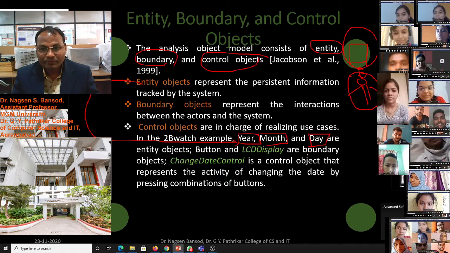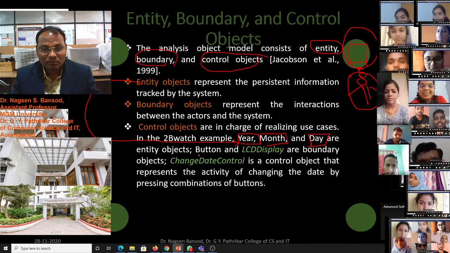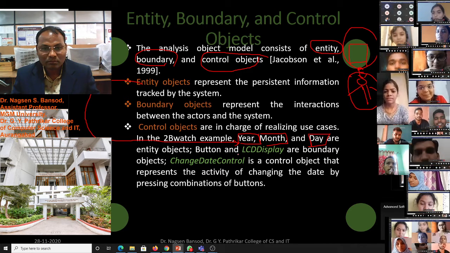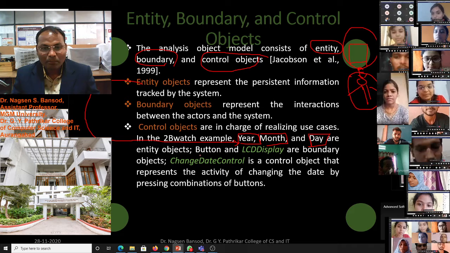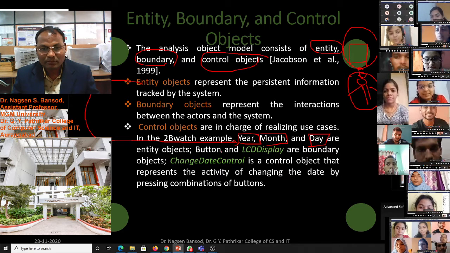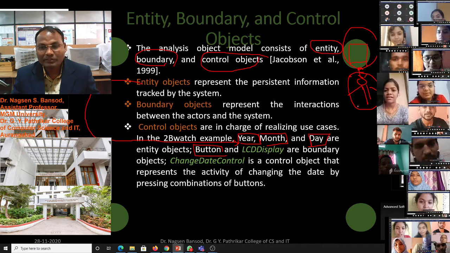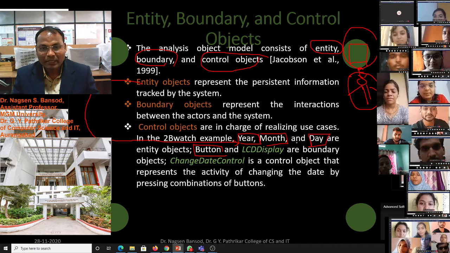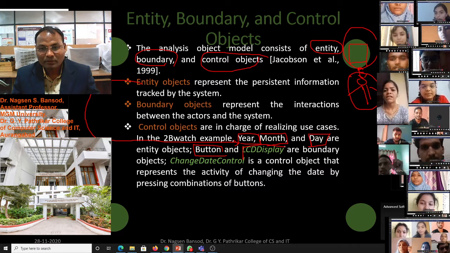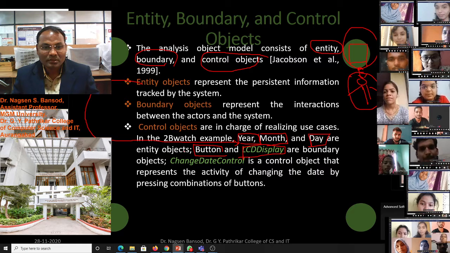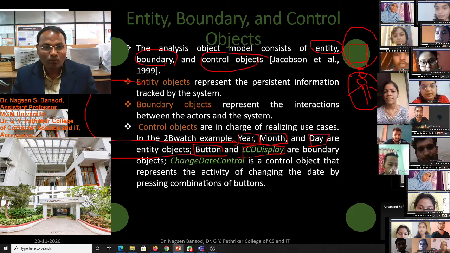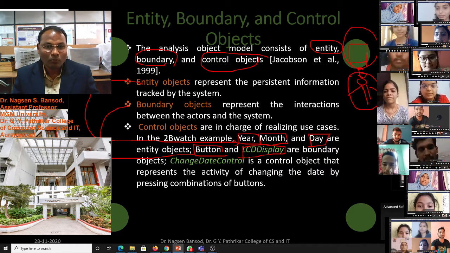And boundary objects: button and display. The button of the satellite watch and the display of the satellite watch are the boundary objects.